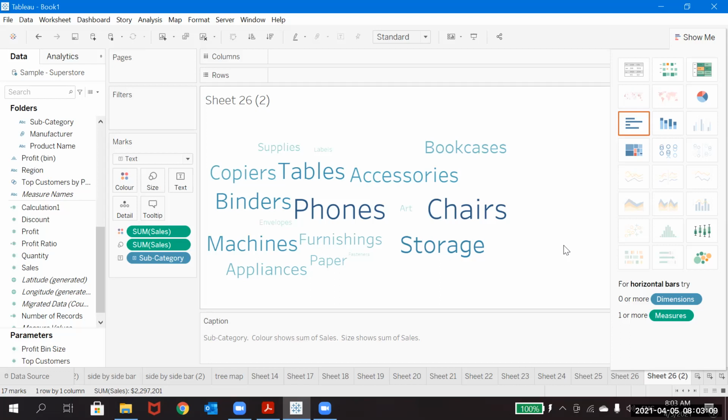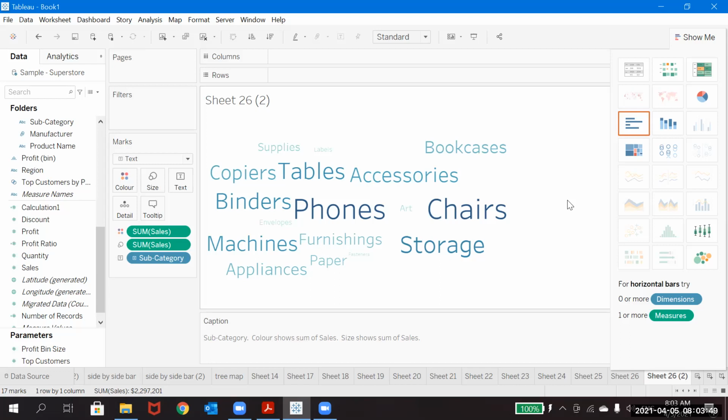As we keep moving with the other topics, we will see the different types of charts which come other than this Show Me. At the same time we will see how we can create them manually also. I have shown how to create a few charts manually here, but when we go for the further topics, we will see how to create them manually, and then you will understand clearly how we can create them manually and make them a little more interactive. So that's why I am recommending that you go and create all the charts again and try to understand what you created, what that chart is telling you.